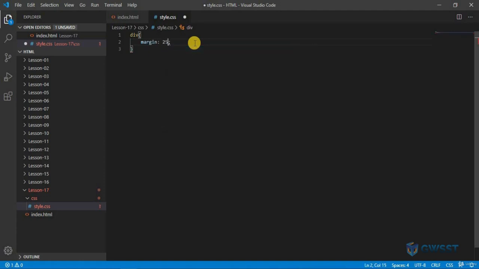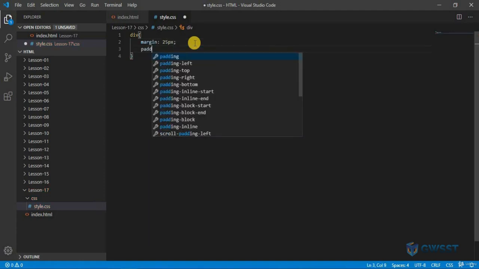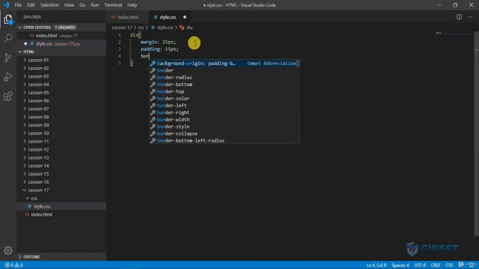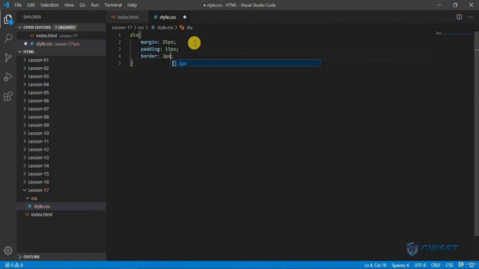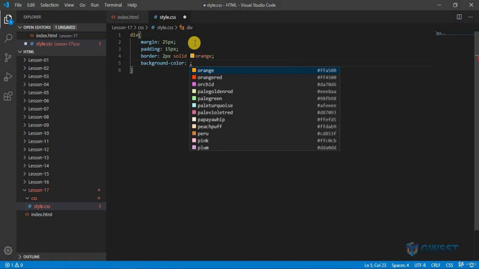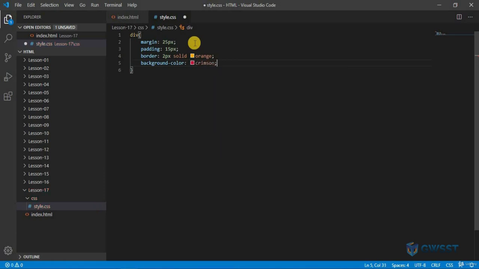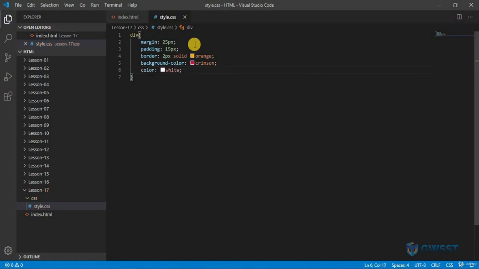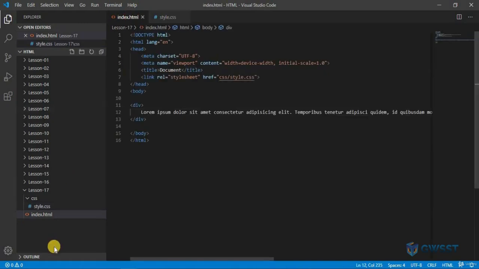of 25 pixels, it has a padding of 15 pixels, and it has a border which is 2 pixels, and it is solid, and the color of the border is going to be orange, and I want the background color to be crimson, and I want the font, whatever the font inside it is, to be in white color. So let me save this, and if I get back to my document, so let me copy